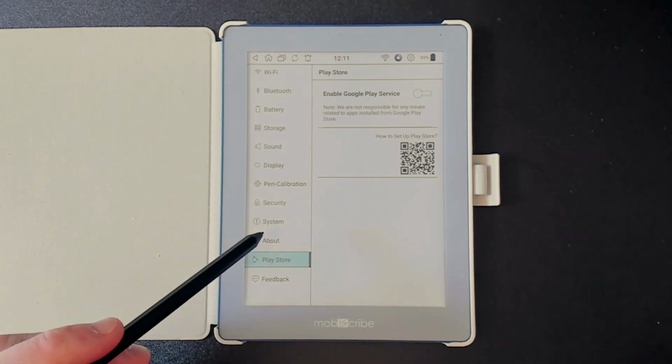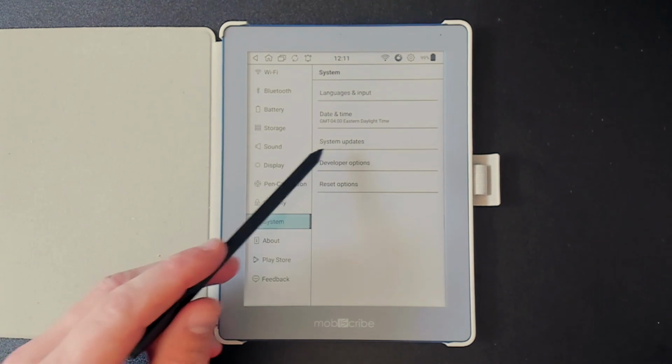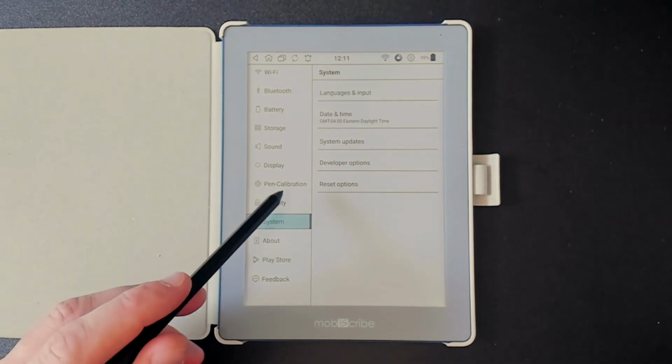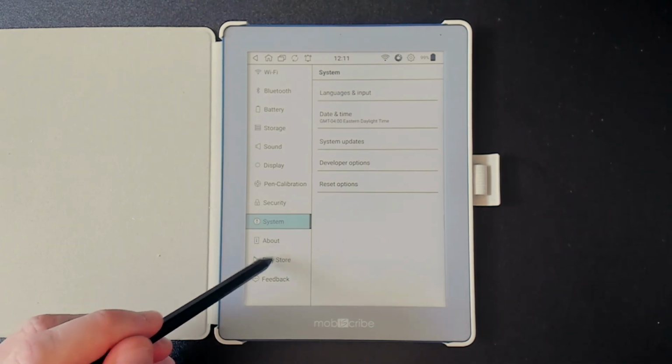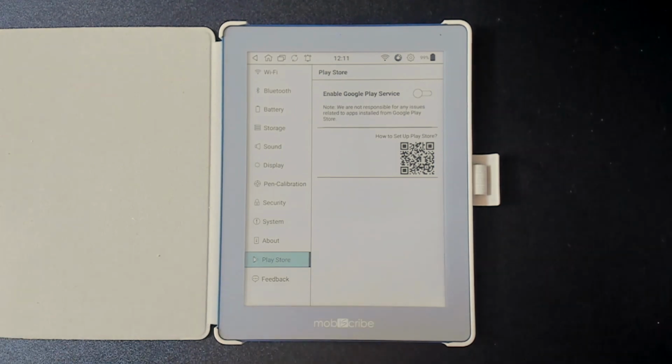So once you're able to get that updated, that's going to be underneath the system settings here, system updates. If you run that and get it up to the latest version, whatever one I'm on, it has fixed a lot of the issues. But as you can see here, to enable the Google Play service, you need to click on the Play Store,